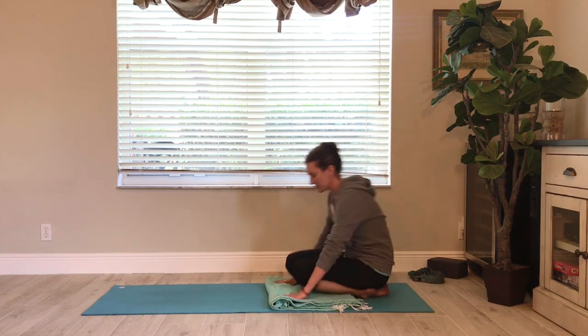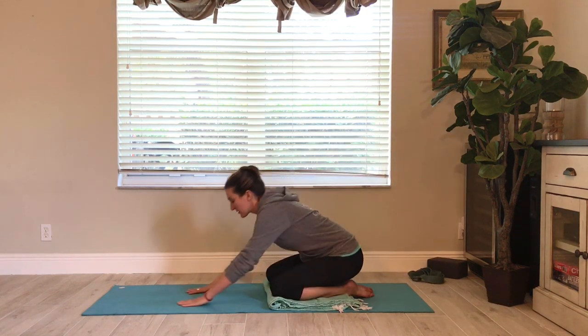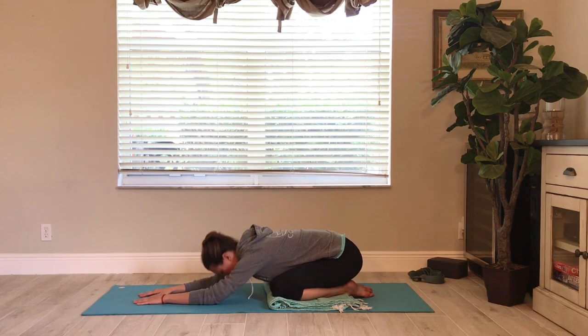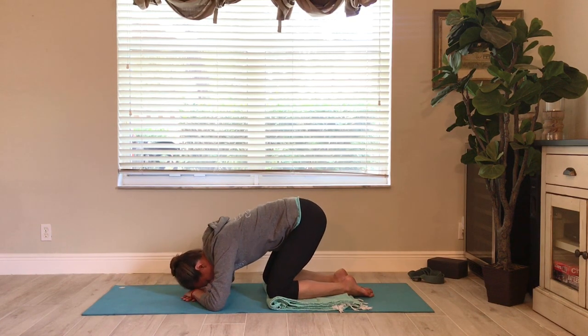For me, my hips are a little sticky. They don't feel good when my knees come together. So I'm going to take the knees a little bit wider. And then come down. You can rest your head on your hands, if that feels better, or at your sides. Maybe your hips are a little higher in the air. Wherever you're at,